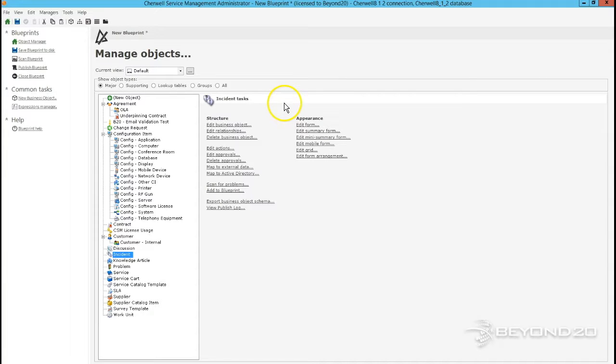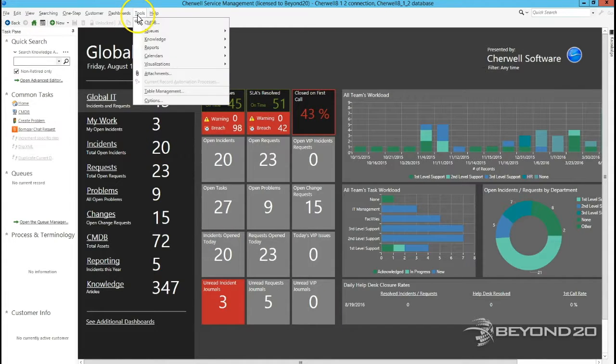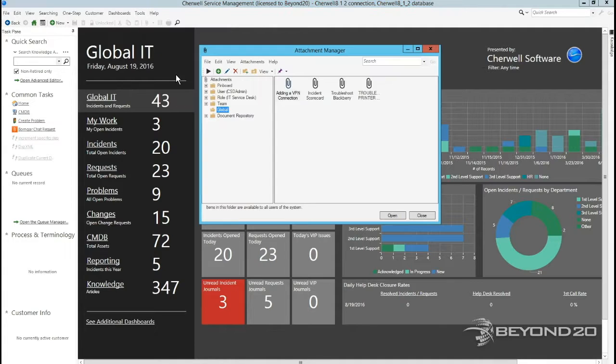Today we will be reviewing how to add attachments from the Attachments Manager into a blueprint or a map in Cherwell. Now, if you've played around in the Cherwell Rich client enough, you may have noticed that under the Tools menu, you'll have an Attachments option to open up the File Attachments Manager, and you can use this to store certain files that are going to be important for various users across your service desk to use while they're working